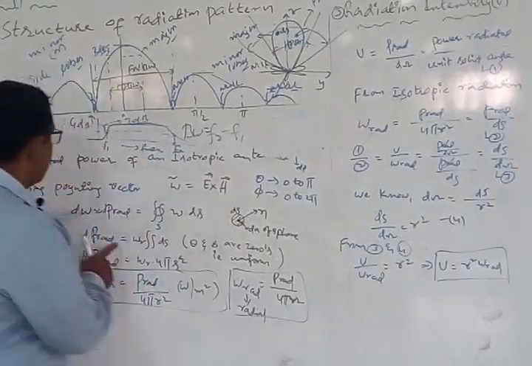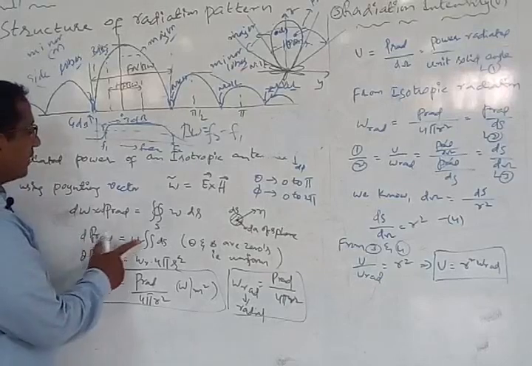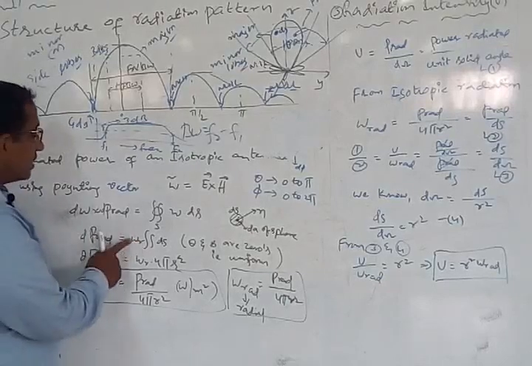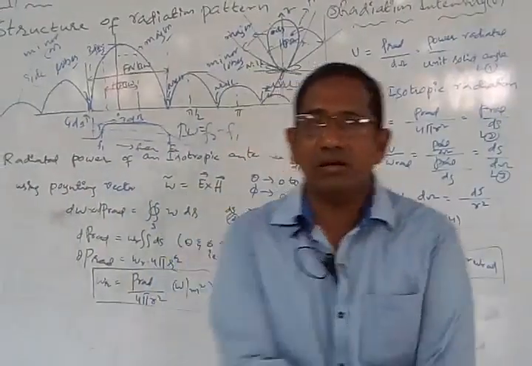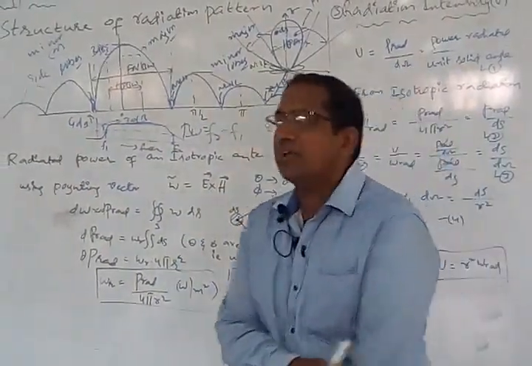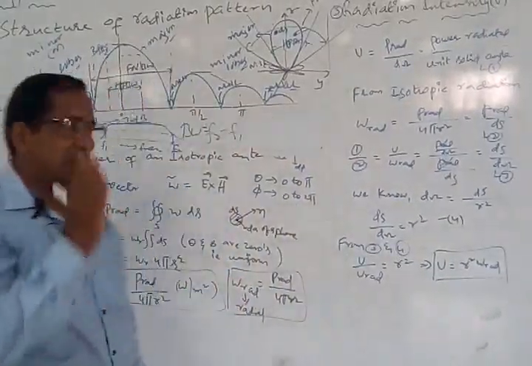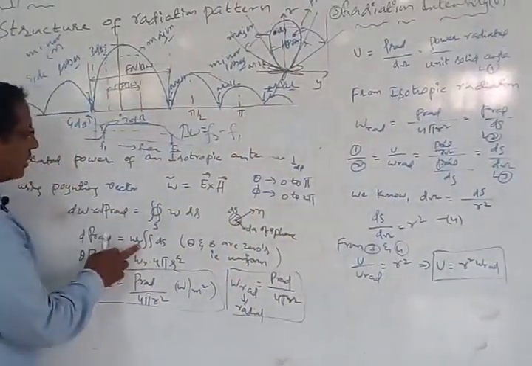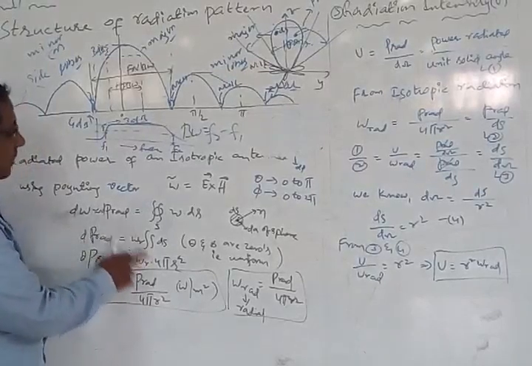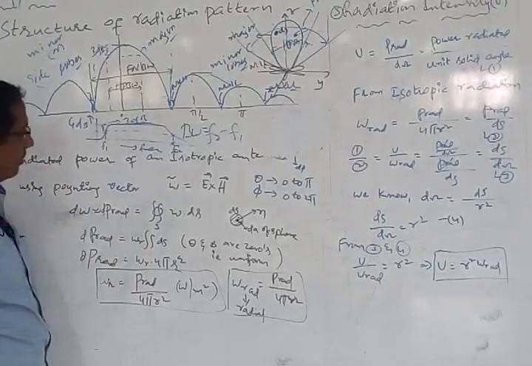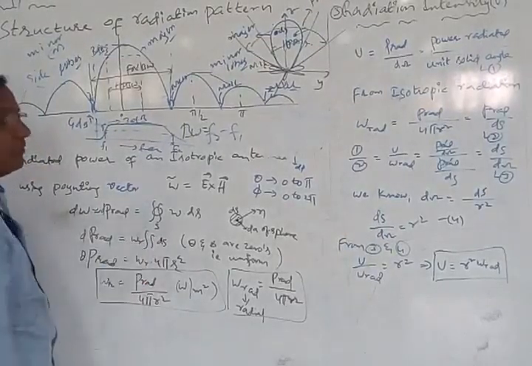So now the differential power radiated is equal to the radial power. What does WR stand for? WR I can call the radiated power from an antenna, or the power which is being radiated radially. That's what is called radial power, radial power radiation. So I can call this radial power. Now the double integration of dS.